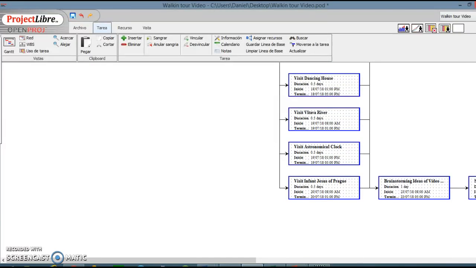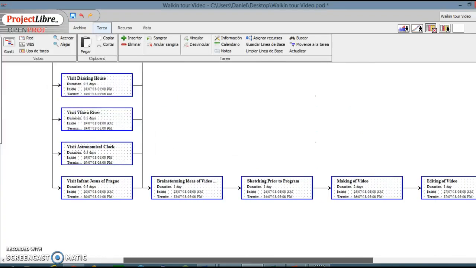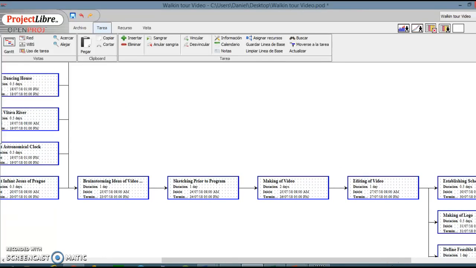Then after visiting all these sites, we go to the brainstorming section, where we brainstorm ideas of how our video is going to be done and what is going to be explained. We do the sketching of the video, of how the video is going to be presented. Then we make the video, we edit it,